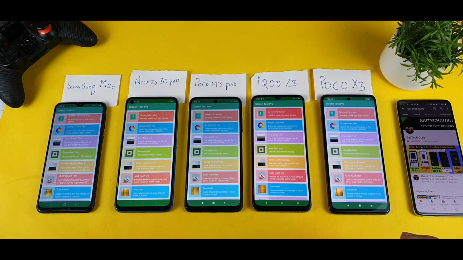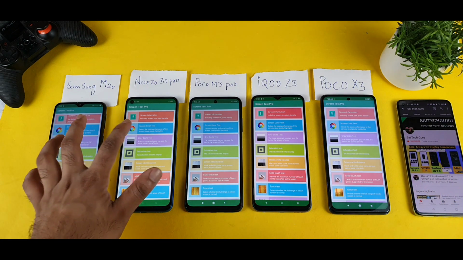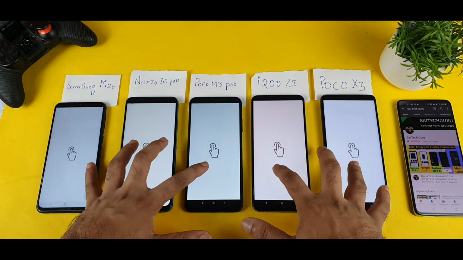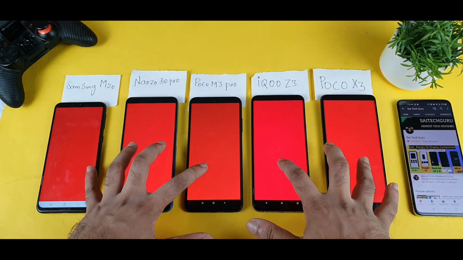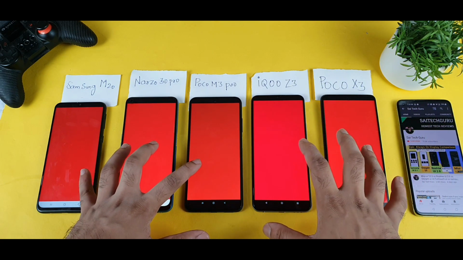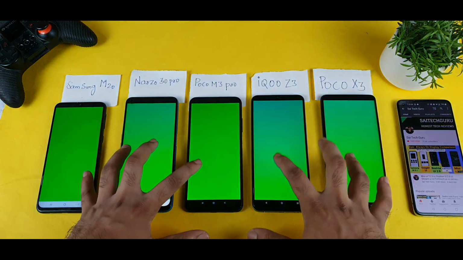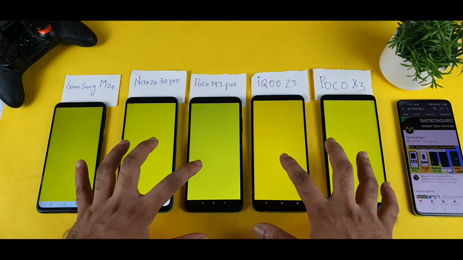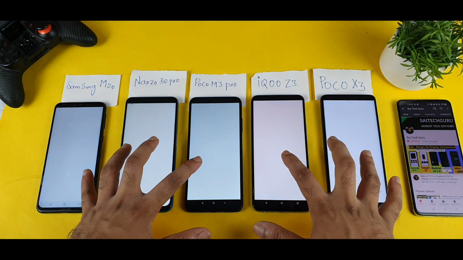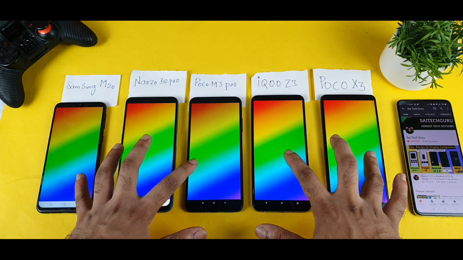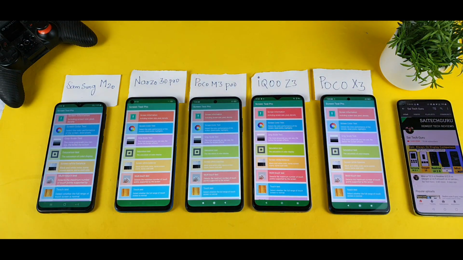So just to see which phone will be having what kind of display color, that is what I'm going to test right now. So let me try to open the screen color test first. So this is the option which I'll try to select right now. Let me try to do that. I am trying this under the studio lighting environment, and without studio lighting environment as well, I will try to do it again. So make sure to comment below friends which display you felt the best and why as well. But overall it feels kind of good, but let me try to turn off the lights and then I'll come back again just to check which display is the best.